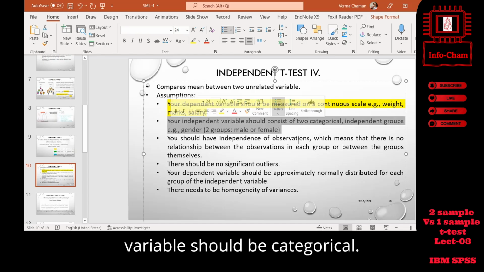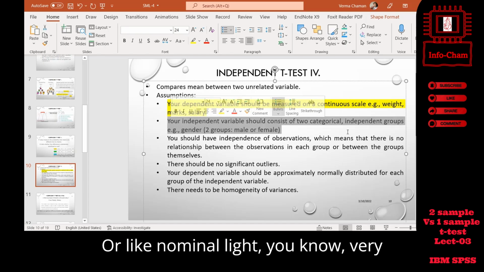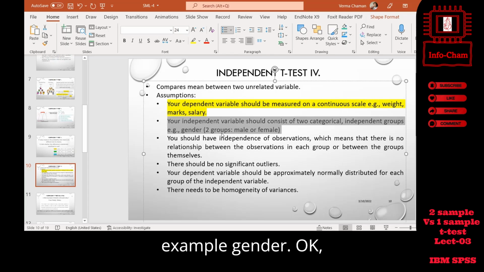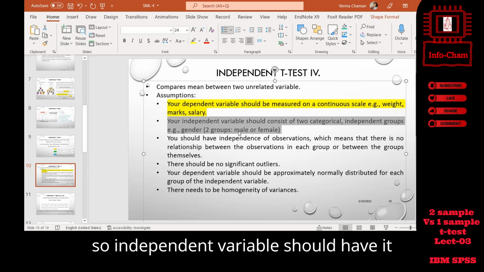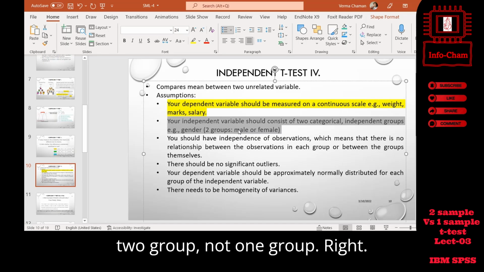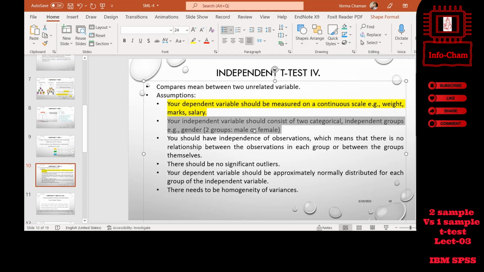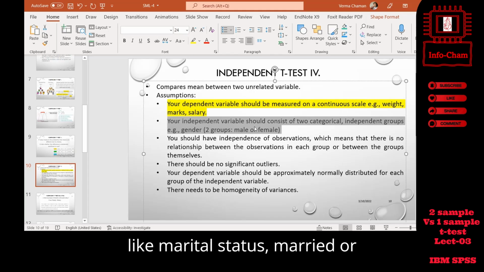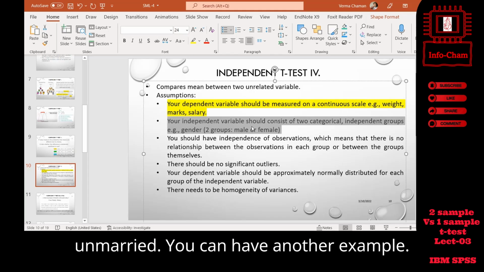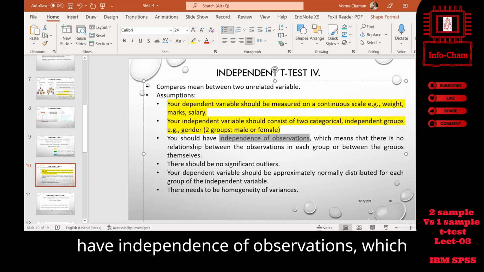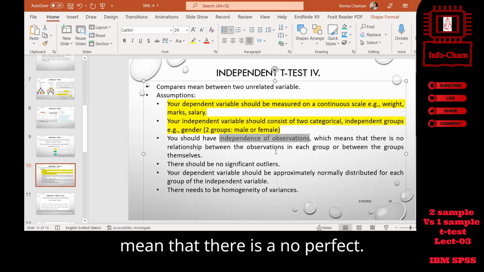An independent variable should be categorical or nominal, right? You know very well nominal and independent groups. For example, gender. So the independent variable should have two groups, not one group, right? So two groups like male or female, like marital status, married or unmarried. You can have another example. Is it also clear? You should have independence of observations, which means that there is no perfect